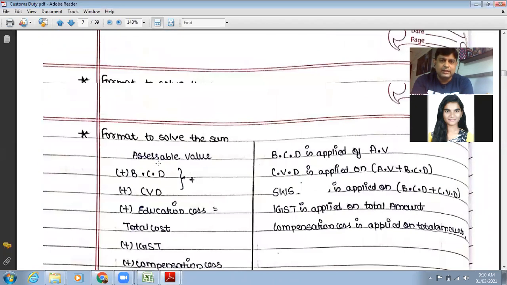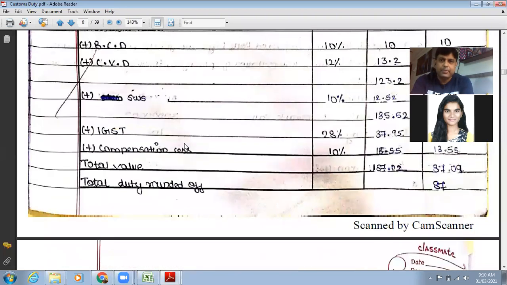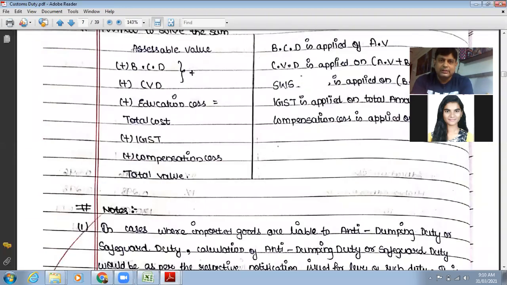Now, how to get this assessment value? What we have assumed is that goods have already been imported and are there either at our cargo of flight or dockyard from the ship, if it is water transport or air transport. Now, how to arrive at this assessment value? If it is a full length question, then they may ask to derive the assessment value, and after getting it, add all these things and get the total value of the goods imported or value of supply.